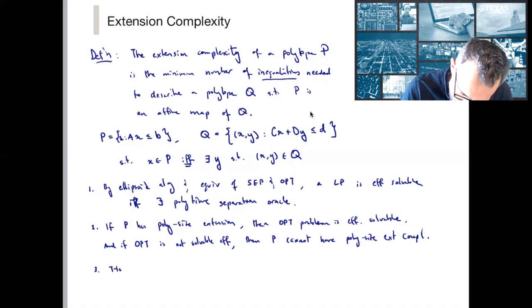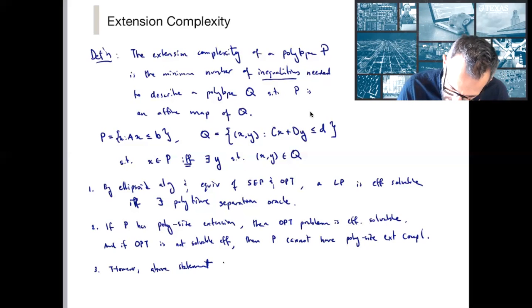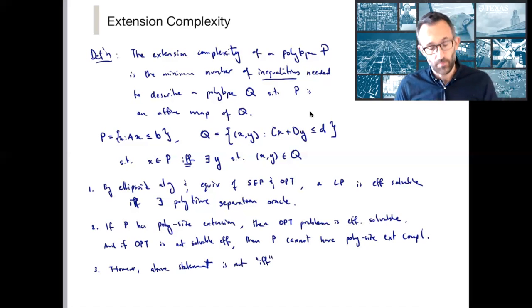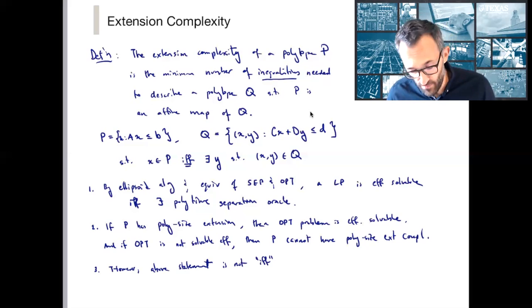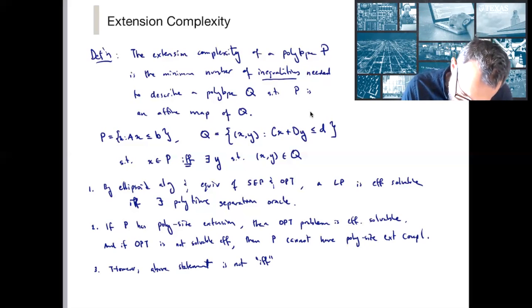So let me write it this way. However, the above statement, that if P has a polynomial size extension then the optimization problem is solvable, is not an if and only if. In other words, if P does not have a polynomial size extension, that doesn't by itself imply that the problem is hard. And this is a theorem due to Thomas Rothvoss in